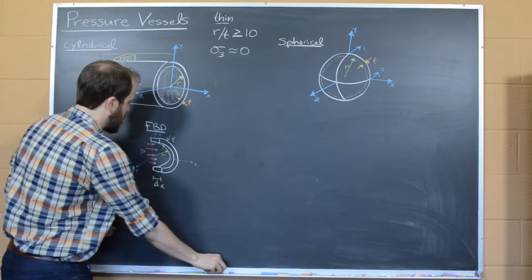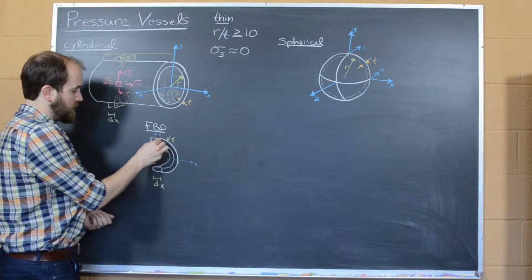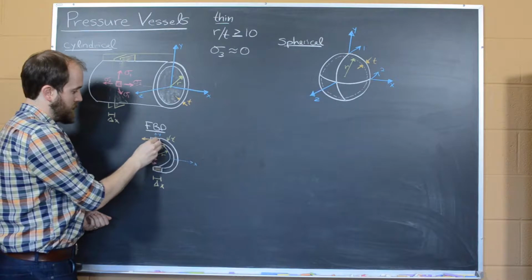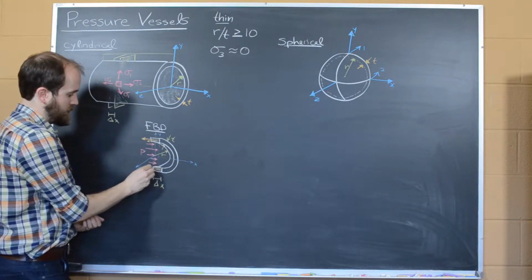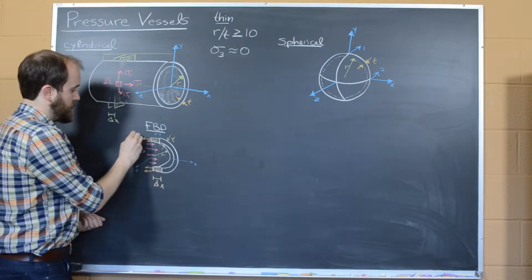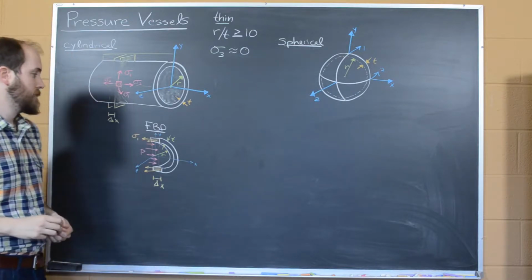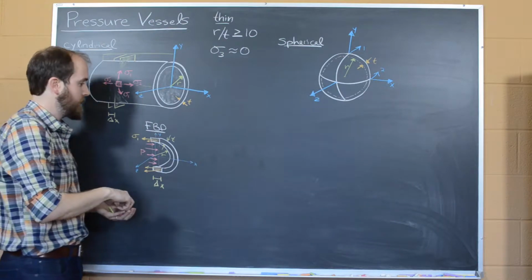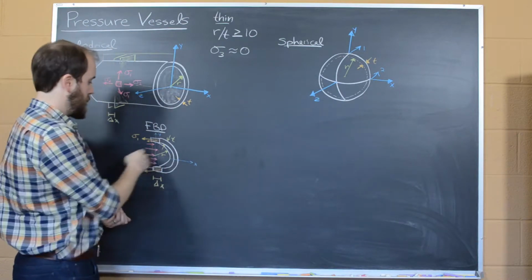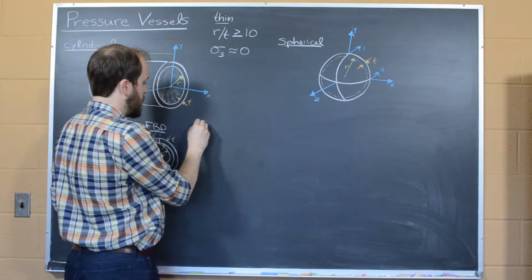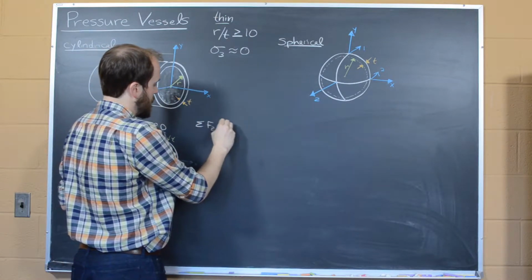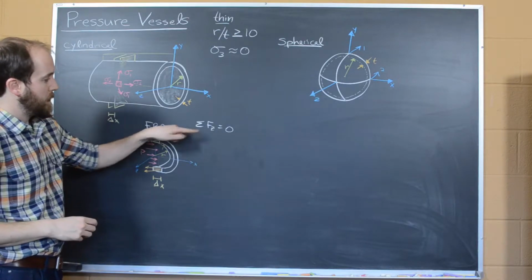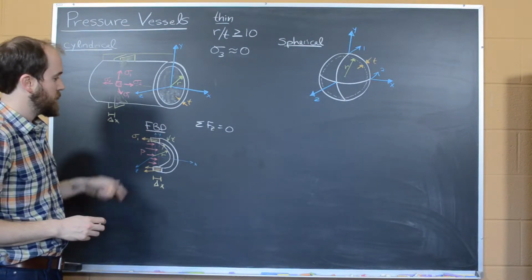And in order for this to be in equilibrium, these walls right here and right here are going to have a stress coming off them. And so we can very simply draw a free body diagram. And now in this case we're interested in what's going on in the z direction. And so our free body diagram leads to our equilibrium equations in which we solve for the sum of the forces in the z direction, setting